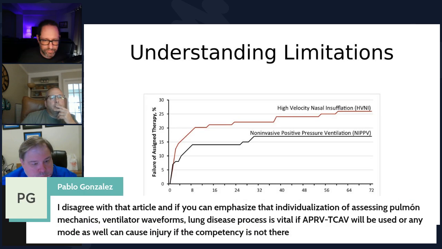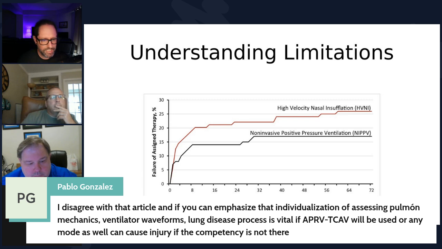And then let's just throw this up here so I can read it. If you can emphasize individualization to assess pulmonary mechanics, ventilator waveforms, lung disease process is vital. If APRV, TCAV will be used, or any mode as well can cause injury, the competency is not there. So I'm not sure this comment, in terms of the purpose of me bringing up that previous paper, is that